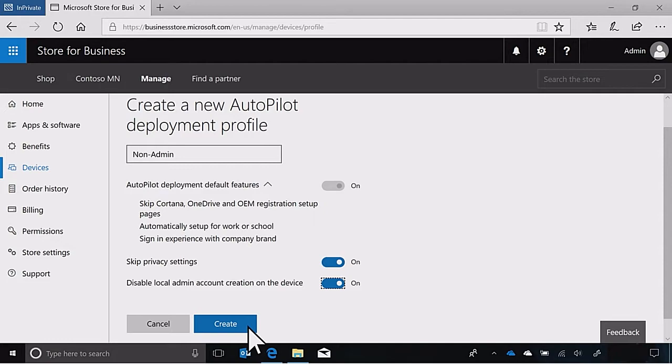We now have 3 other optional settings that you can configure. One, to skip the privacy settings, which few users would understand anyway, so most people turn that one on. There's another setting that was just added for Windows 10 1709 to skip the EULA so that the user doesn't have to click accept. And then the third one is to disable local admin account creation on the device, which